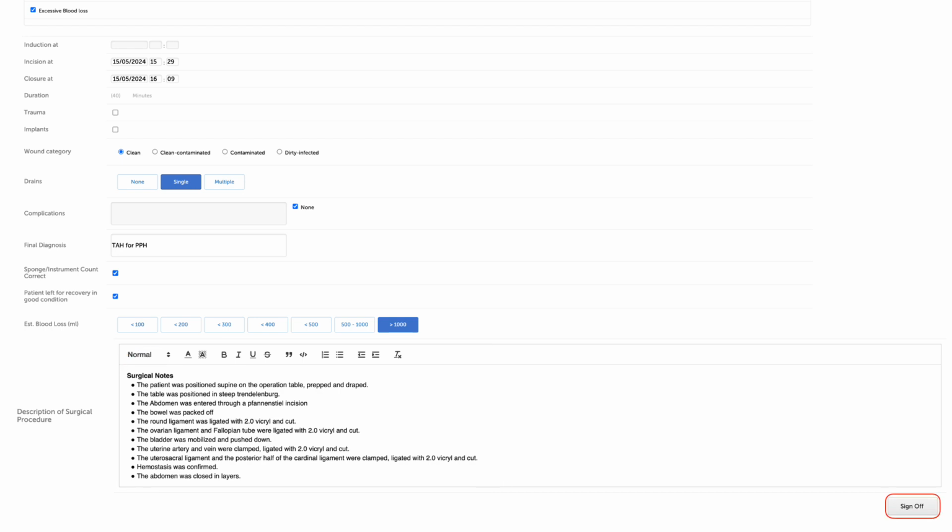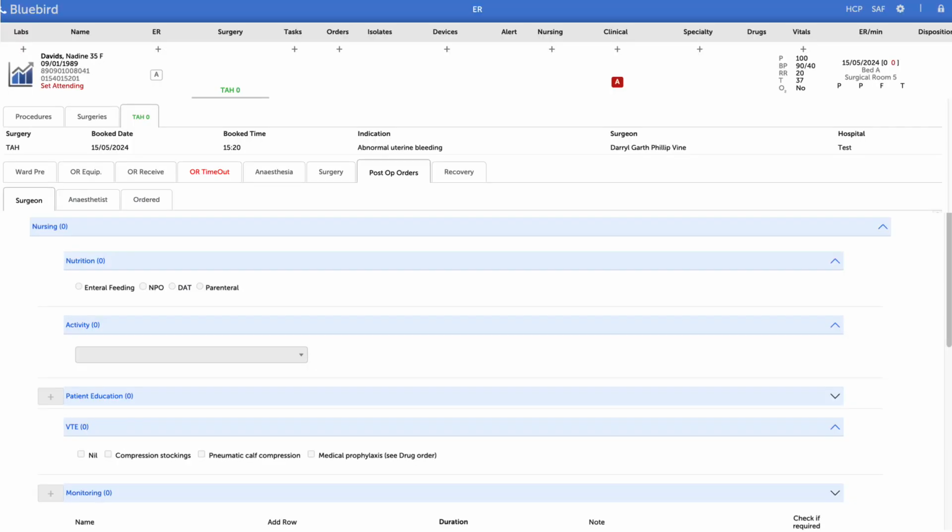When I sign this off, default orders will come up based now on that operative procedure and the surgeon. And those default orders are shown under a surgical tab if I want to go and change them myself, or more likely, the anaesthetist will go and make those post-op orders. So for this anaesthetist, the post-op orders for this procedure for this surgeon come up by default, and then as usual, he or she can change any items that they wish to deselect or add any items that aren't there